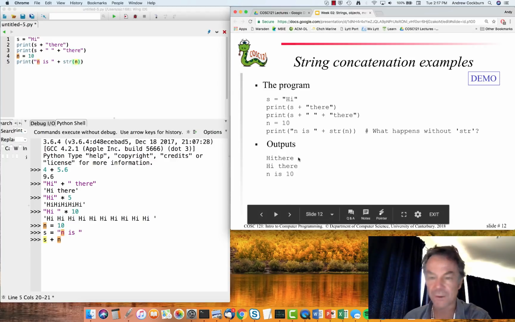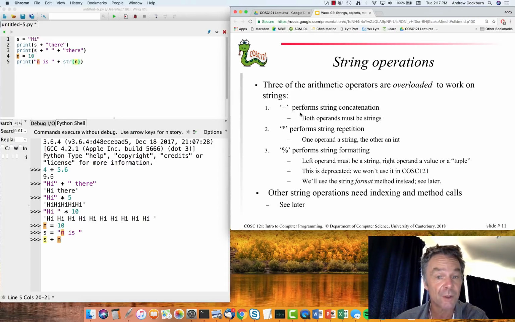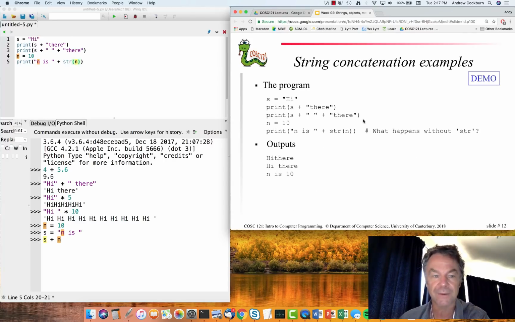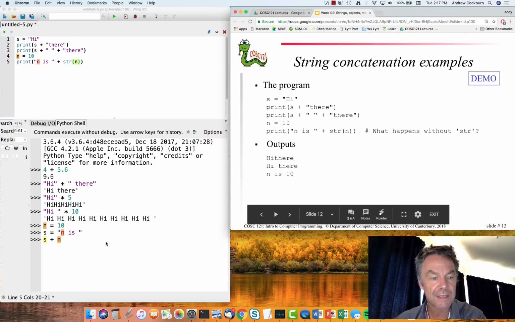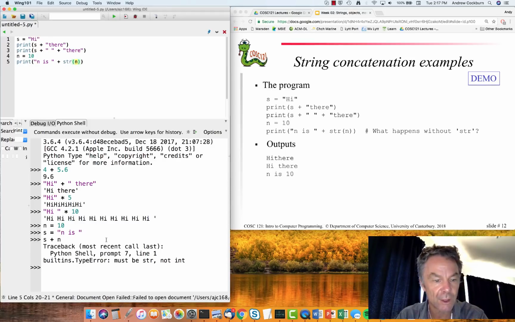And if we remember the rules that we defined over here, concatenation works if both things are numeric, but that's not the case here because s is a string. And it works if both of the operands are strings. That was our rule we defined on the previous slide. So this, we would expect, won't work. Let's try it. No, we're getting a type error. Must be string, not int. So essentially what we're trying to do is concatenate a string and an int,